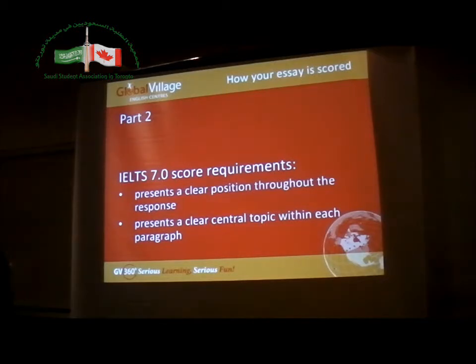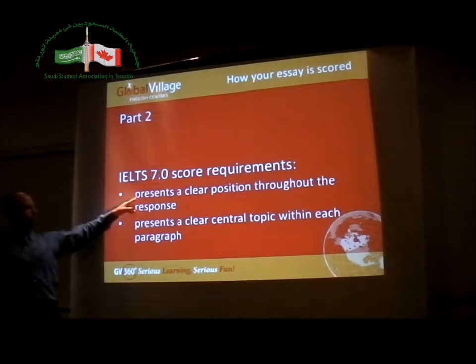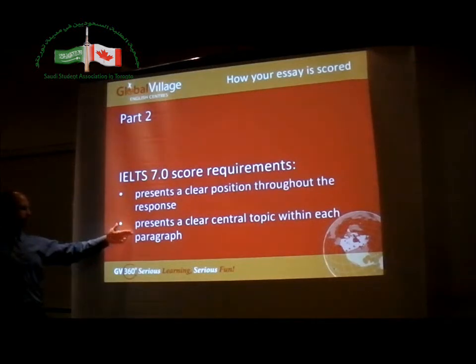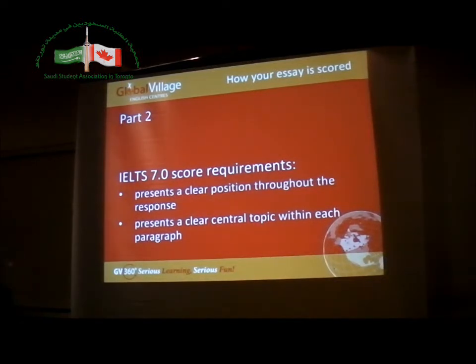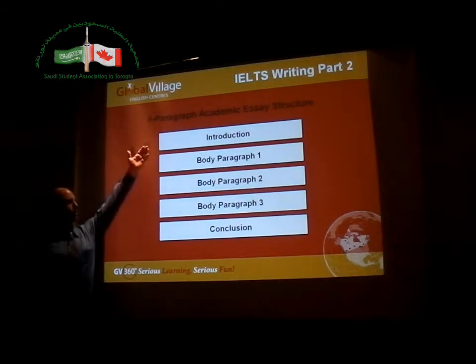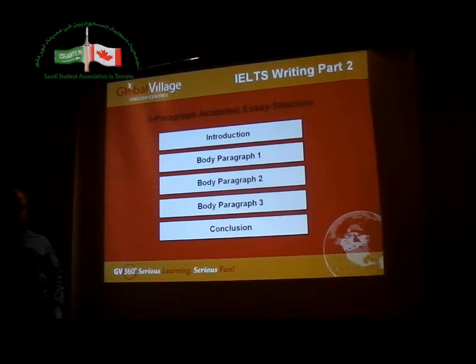Everybody here, you guys have studied how to do an academic essay, right? I'm sure everybody studied this: introduction, body 1, 2, 3, and conclusion. So you should make sure to do an essay like this on the IELTS test, right? No. What's wrong with this kind of essay? Each question has a different type. That's true. And your position. I think I heard the correct answer over here.